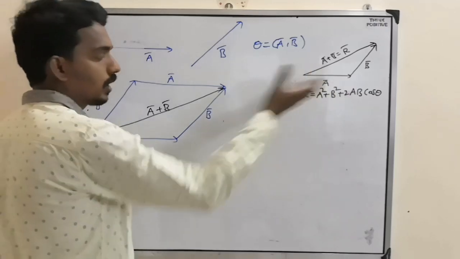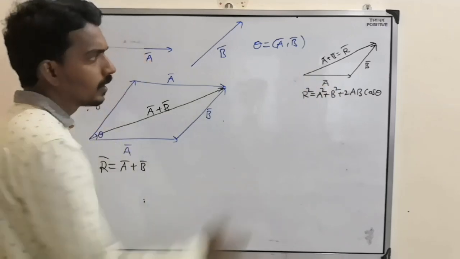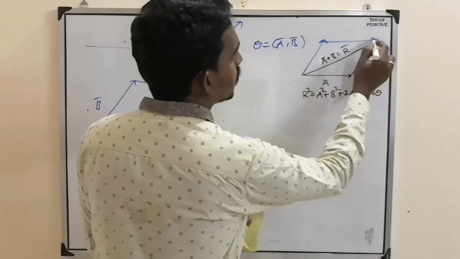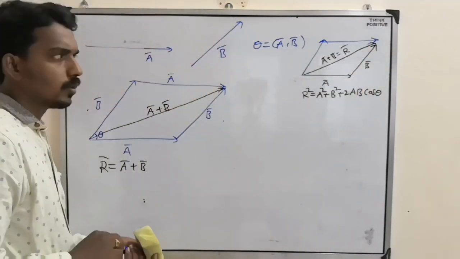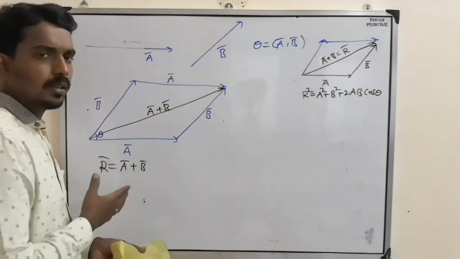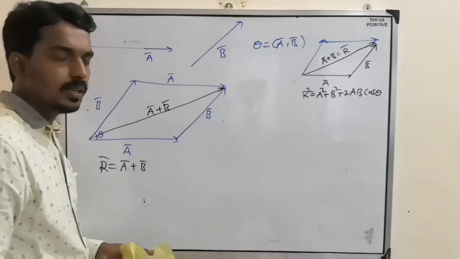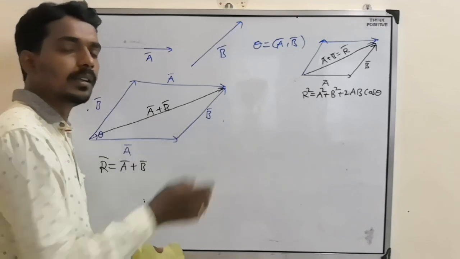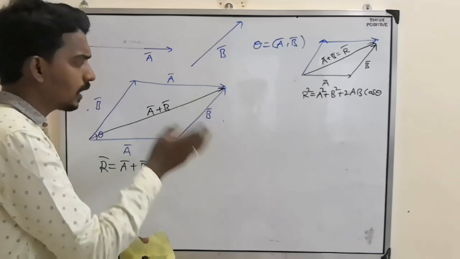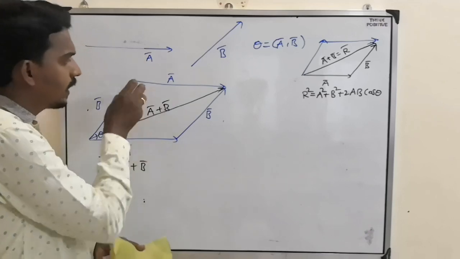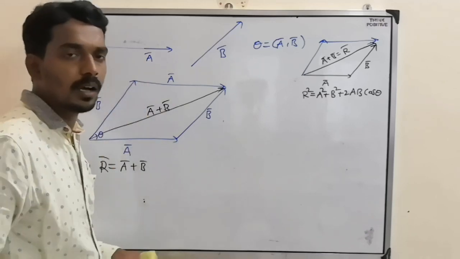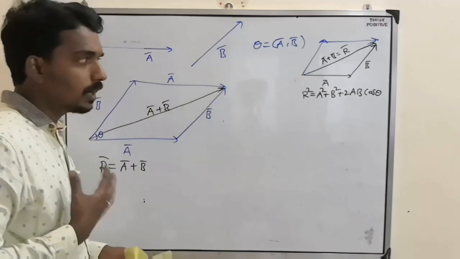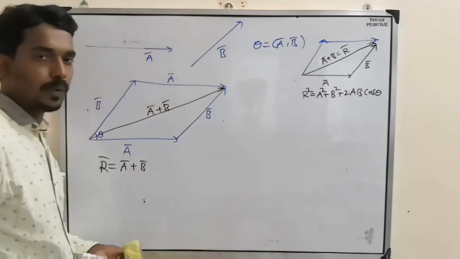But if you compare, both are the same. Here, if you draw, this is b bar, this is a bar. So triangular law and parallelogram law, both are the same, but the way of drawing and the way of understanding is different. So after completing the triangular law, you can extend it to the parallelogram law. Now, this is the way you will find the direction. But we want this formula. How to find this one?